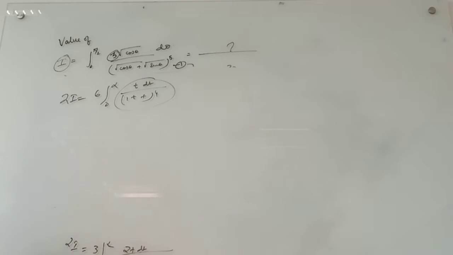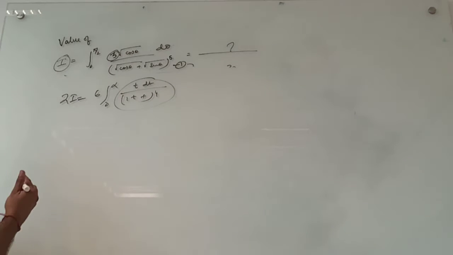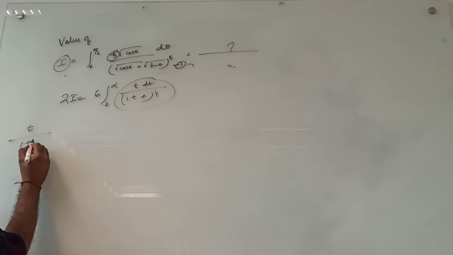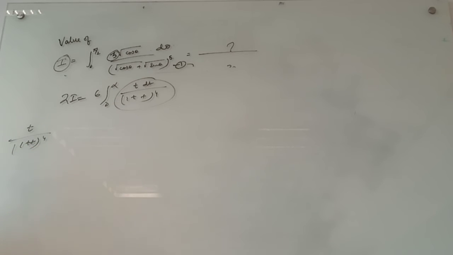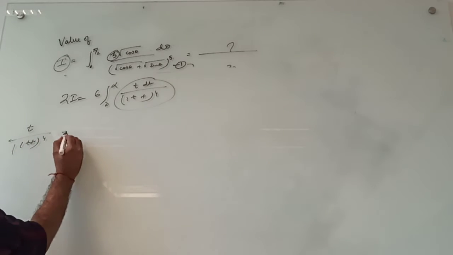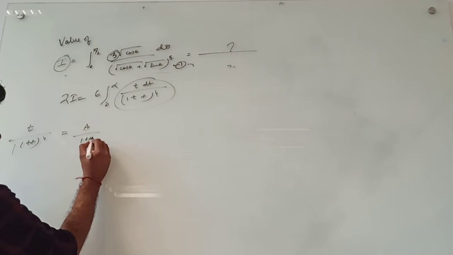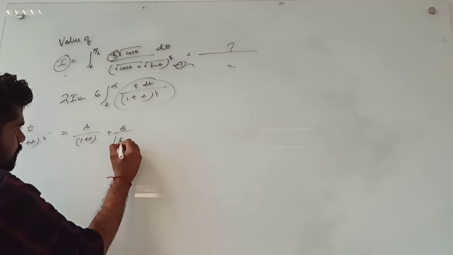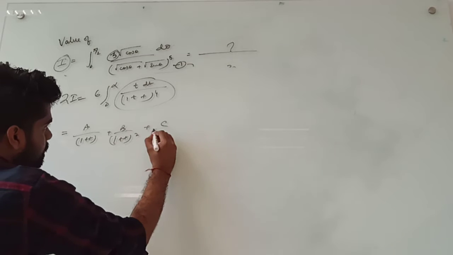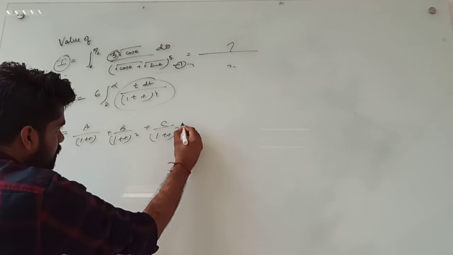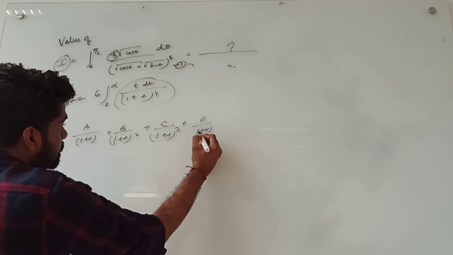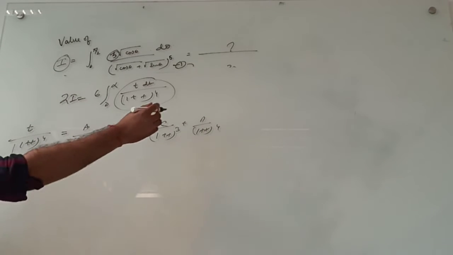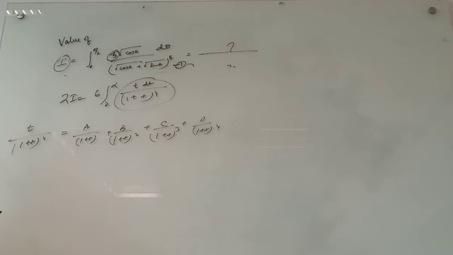Now you can clearly see this one, we will be taking this one as a partial fraction. We will try to break it in terms of partial fractions and find the simplified version of it. So can I write this partial fraction like this? A by 1 plus t, plus b by 1 plus t whole square, plus c by 1 plus t whole cube, plus d by 1 plus t to the power 4. Correct? This a, b, c, d are constants. I am just breaking it in terms of partial fractions.